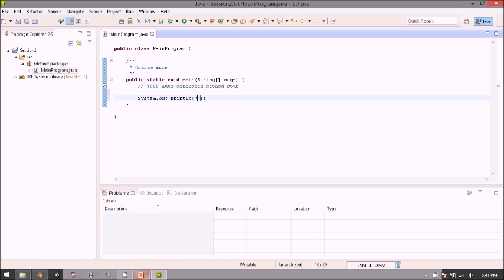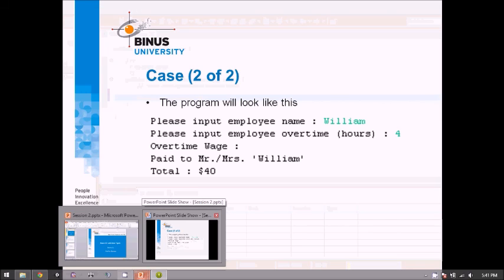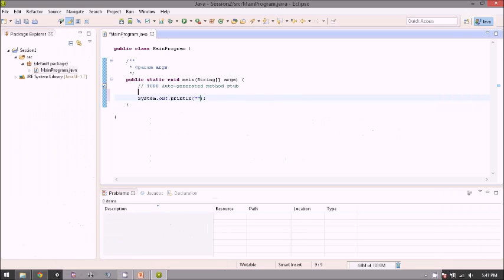So we want to write please input employee name.